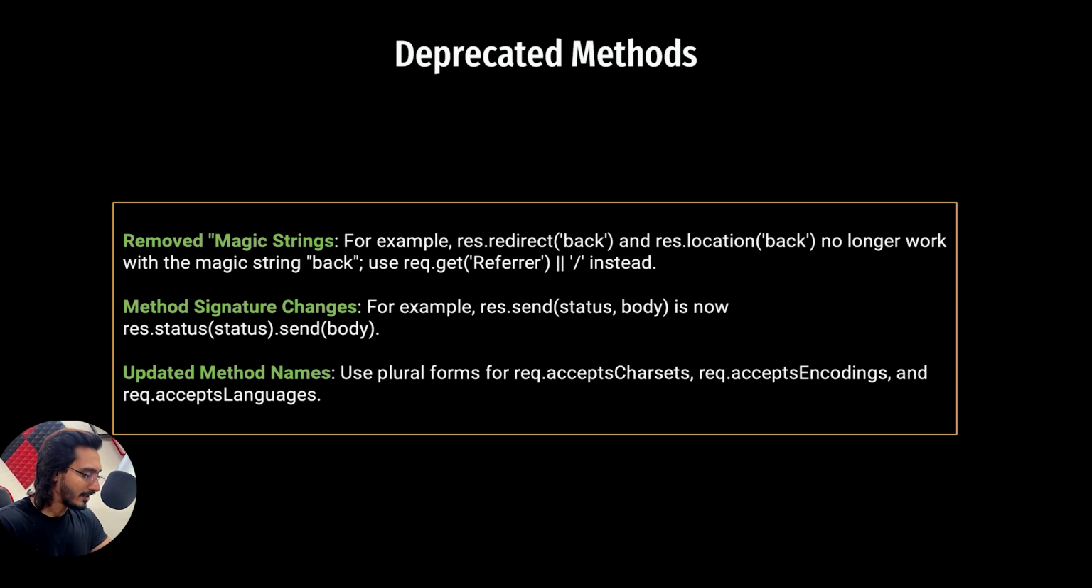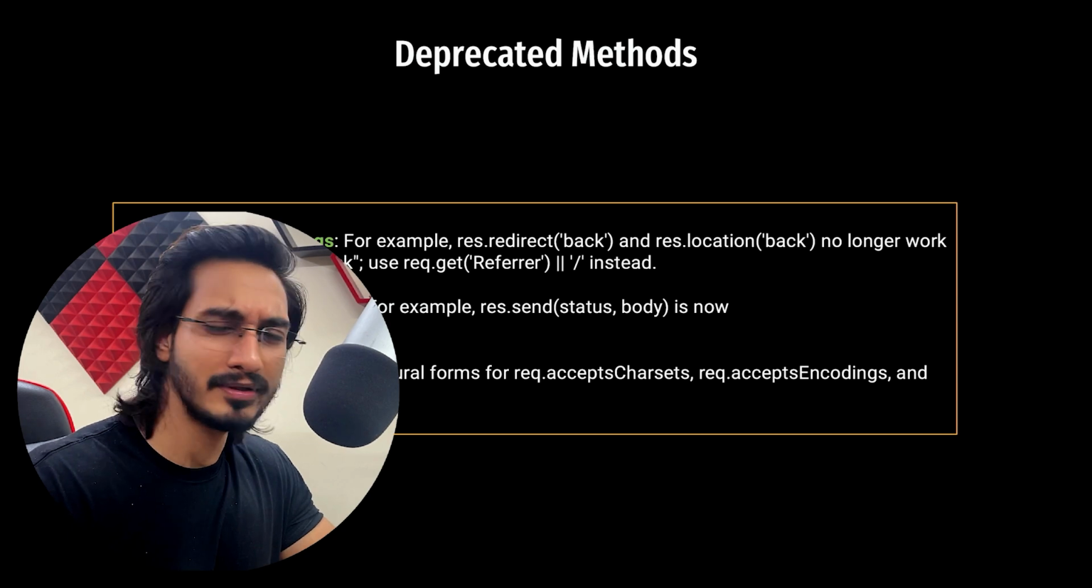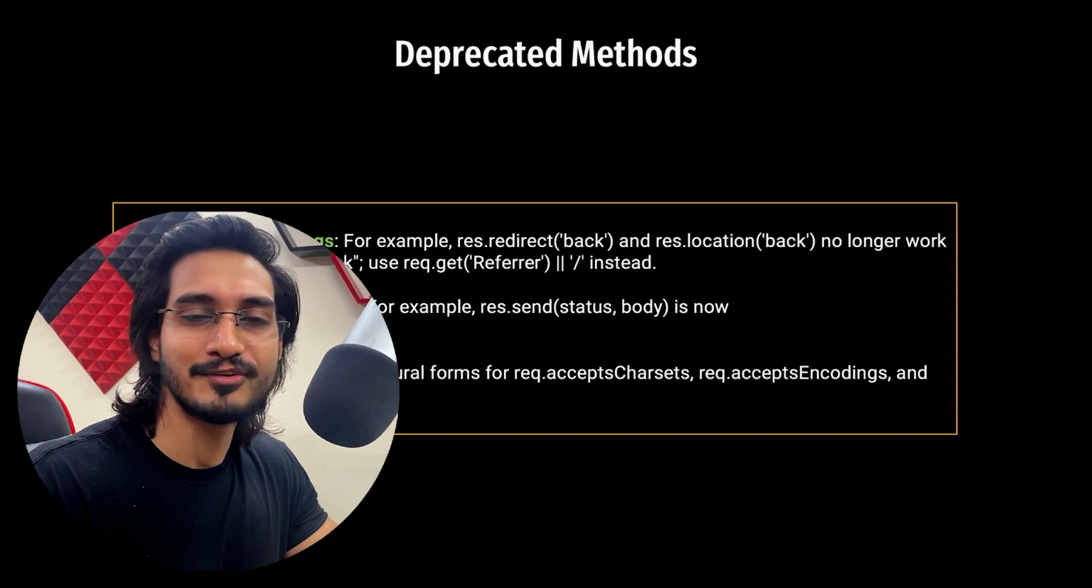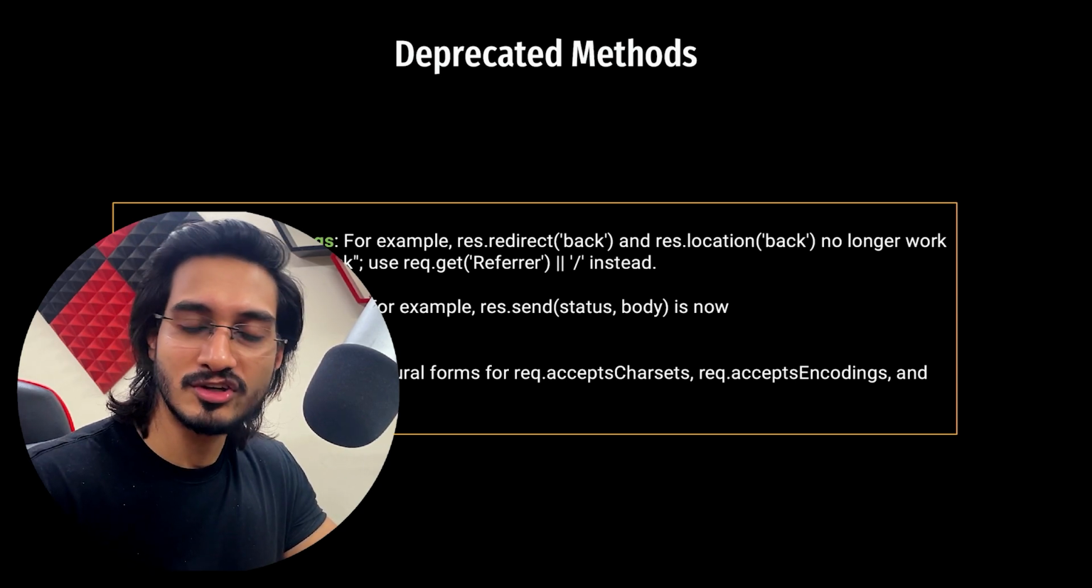And lastly, plural forms for request.acceptsCharsets. Earlier, I think it was acceptsCharset, so the S was not there at the end. So they have introduced plural forms for each and every one, so that you can accept more than one possibly. So these are the basic deprecation things which you need to take care of. Apart from it, there are a few more things which you can go ahead and check out in the documentation to understand it much better. But this is the basic stuff which I thought to share with you guys,